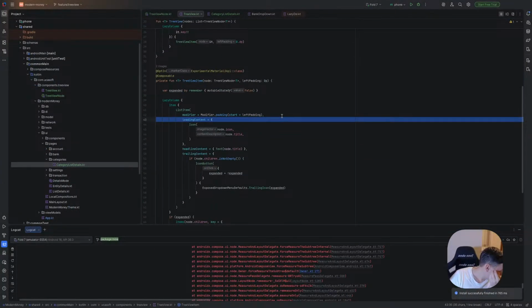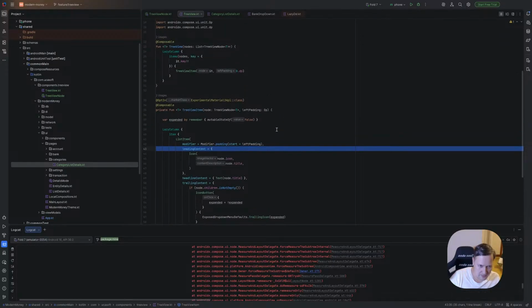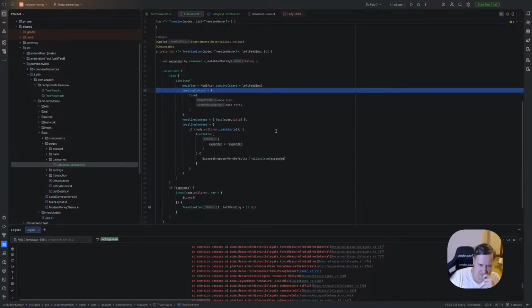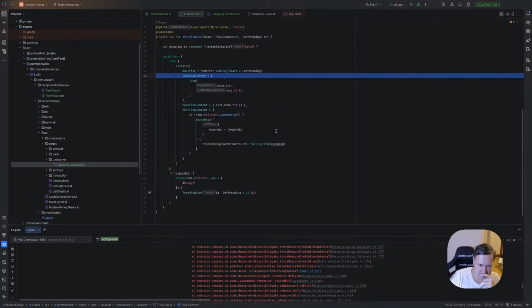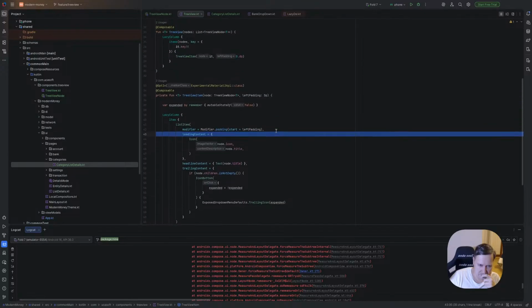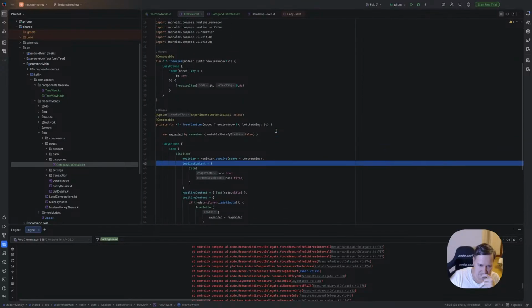So previously it was a column inside LazyColumn. Right now I have LazyColumn inside LazyColumn.